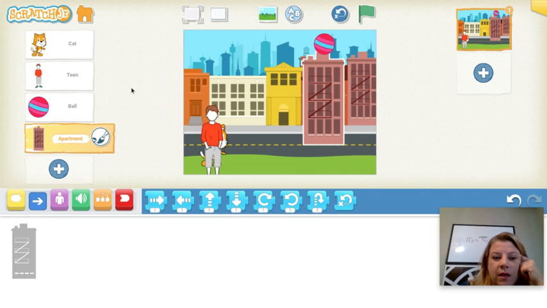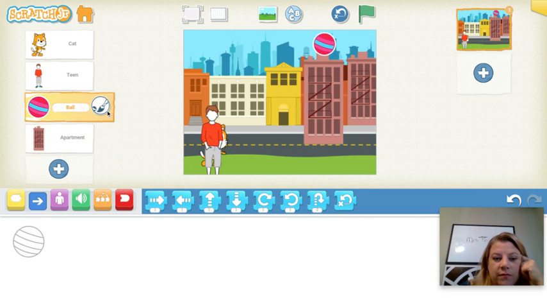Now, over here where I've chosen all these things inside my coding program, I want to code the ball first. So I need to be clicked on the ball or else I cannot make it do anything. And I want that ball to drop. Okay. And I want it to go 10,